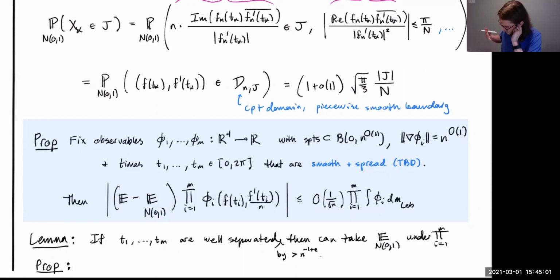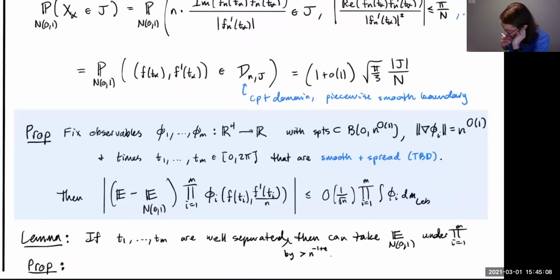Okay, so we get this independence. You can see this independence from the Gaussian computation, or just looking at the covariance matrix. And then we have this comparison. This is just for well spread out times. And then finally, we just have that